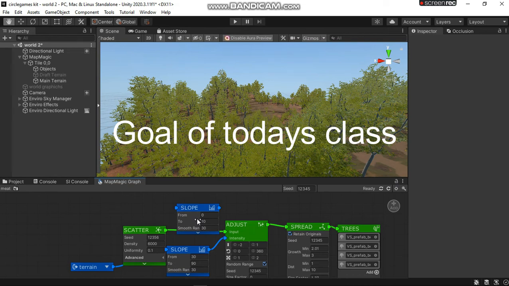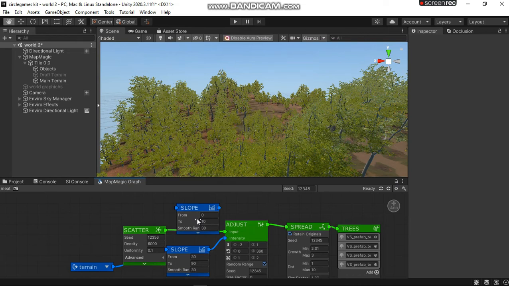This helps because it prevents your trees from being placed on steep areas. Okay, so when you've done that,